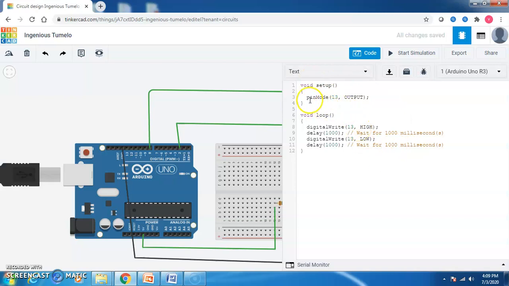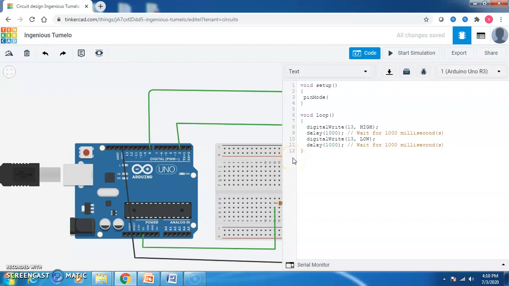In this particular scenario, first of all we need to start with the two functions, void setup and void loop. Coming to the void setup function, in the void setup we have to do the initialization. To do the initialization, we have a syntax called pinMode, where we'll be having two parameters, pin number and mode. Now for the pin number, I am using a switch where my switch is acting as an input device, and I'm using the LED where my LED is going to act like an output device.